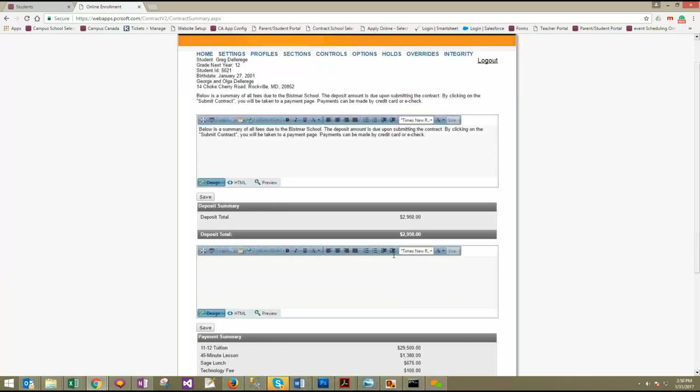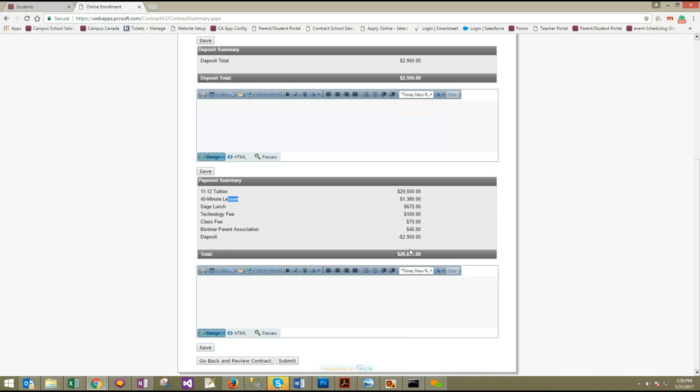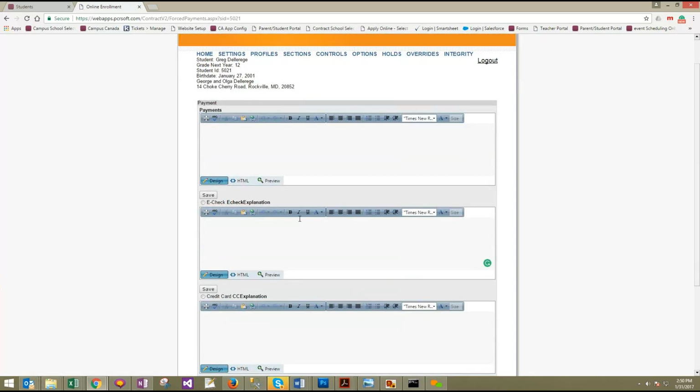So it brings me to the screen. If I need to modify anything, I can modify. Now you see there's a music lesson that's been added to my tuition. All right, all these fees minus my deposit brings me to my balance due at this point. So I can then say submit. I say submit. Now I'm going to try to do this again without an administrator role. If there's text I need to modify here,